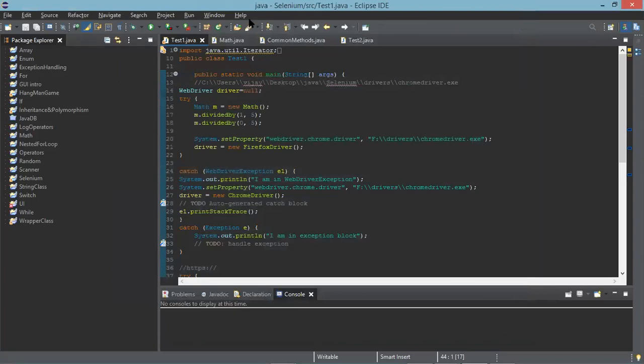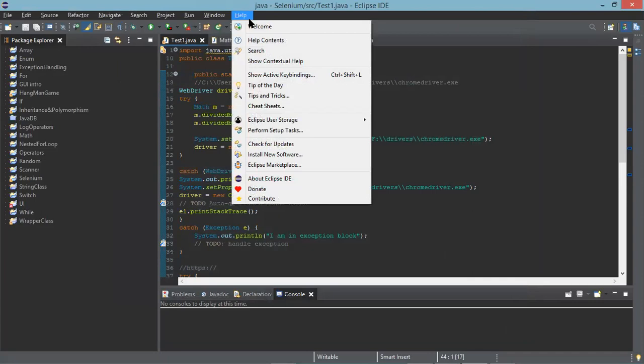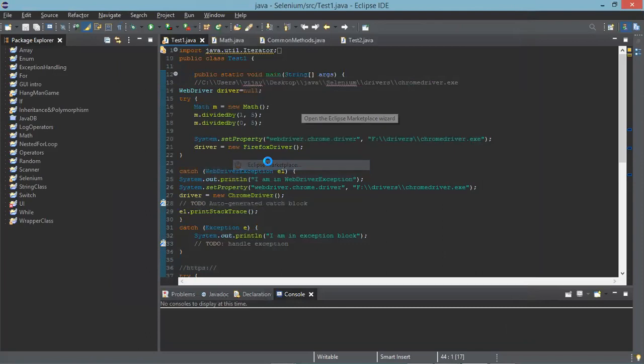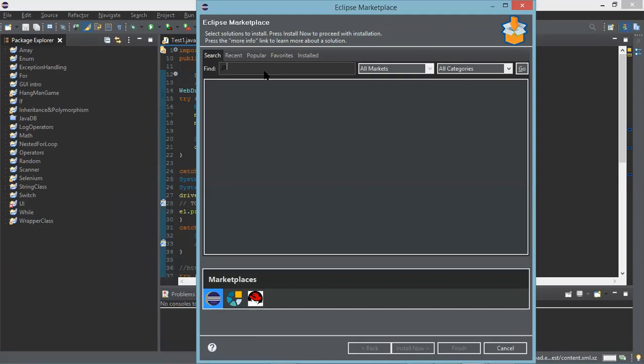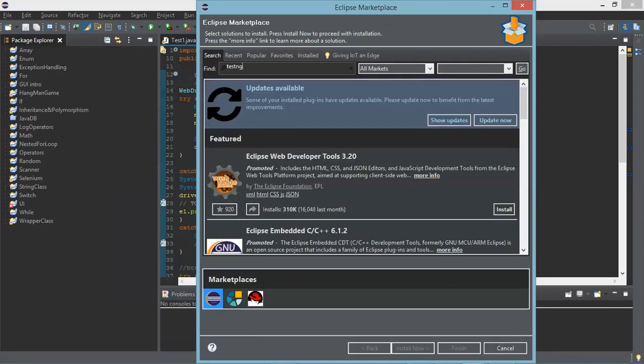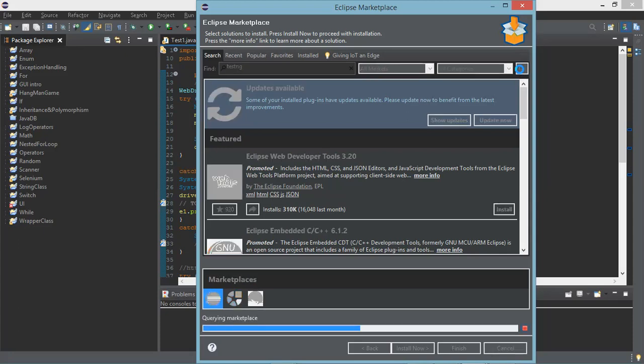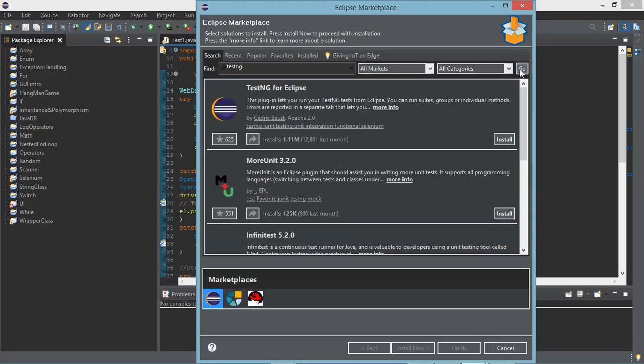Help. Can you see Eclipse Marketplace just below that? Yes, sir. Search for TestNG. Say go at the end. Yes, right. Install that.